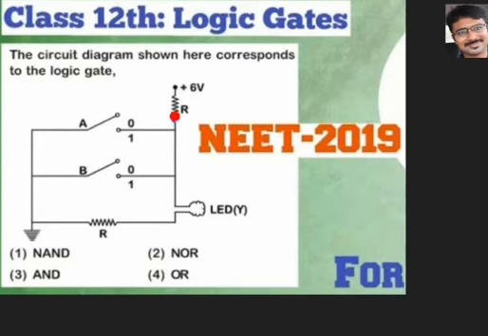So current is coming from plus 6 volts here, and it has two paths. One path like that, but it is open. In an open circuit, current cannot enter. So current cannot go in this direction. Now again coming down, here is also an open circuit. Current cannot travel in this direction because it is open. Whenever there is an open circuit, current cannot enter that direction. Now the current is coming here, it can go down, no doubt, because the path is here. But here there is no path, it is disconnected. That means it doesn't have a path to travel, so it cannot enter here.